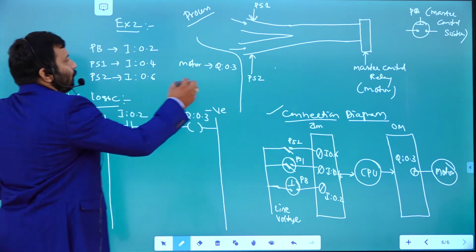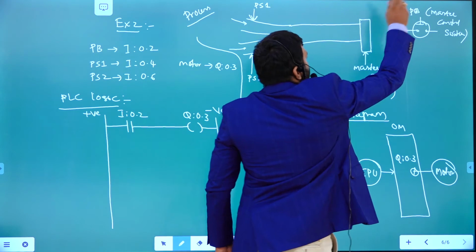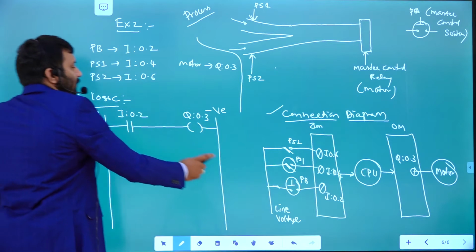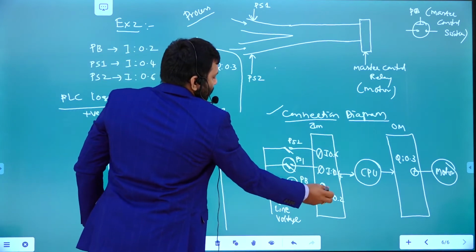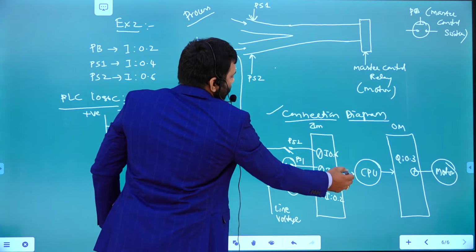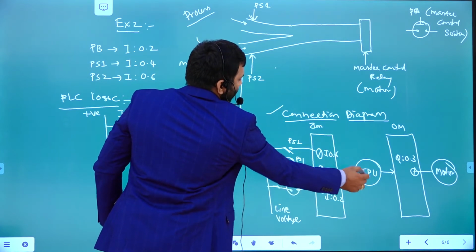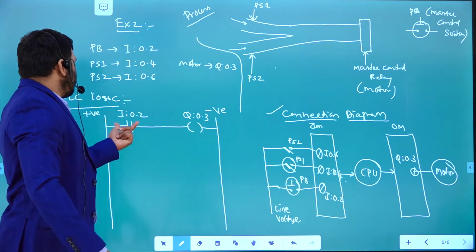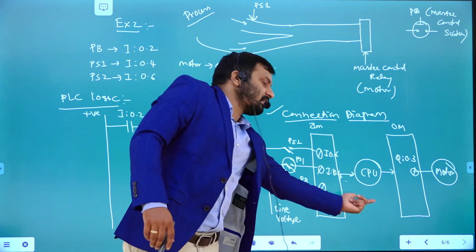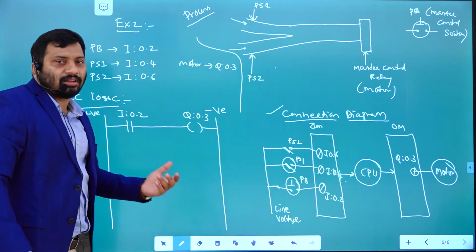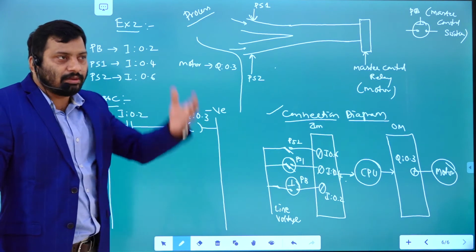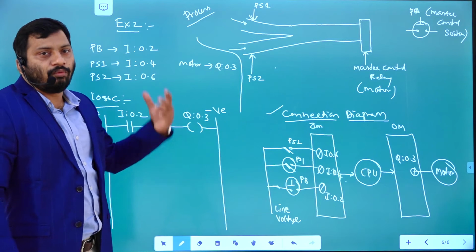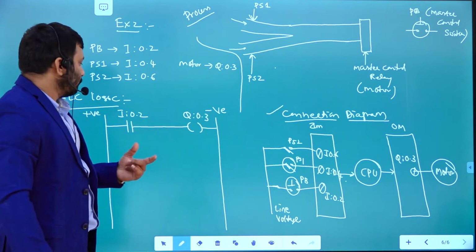So for example, if the push button is on here, what will happen? This is going to be activated. Whenever this push button is on, this input is going to become line voltage, and that gives a high for the corresponding bit in the input image block. Then the logic you are writing inside the RAM executes. We discussed that story; we keep discussing the same thing. The same way of thinking you need to apply while writing the program for every application.